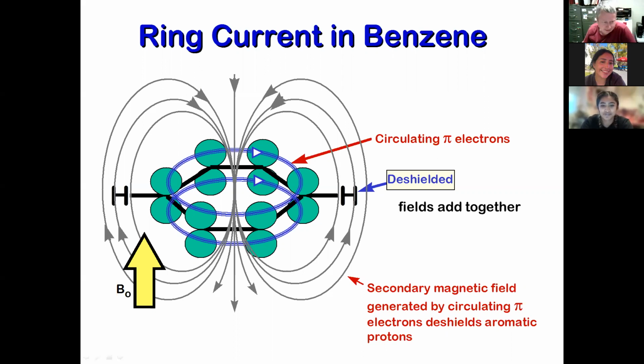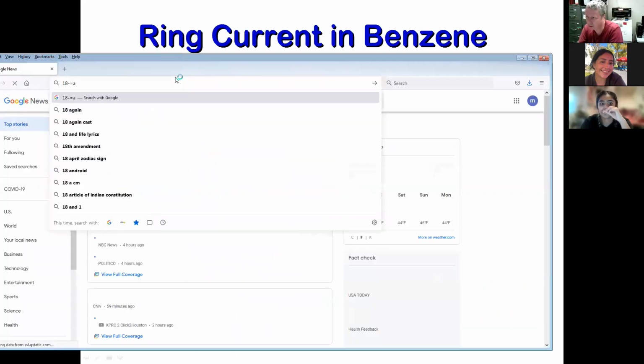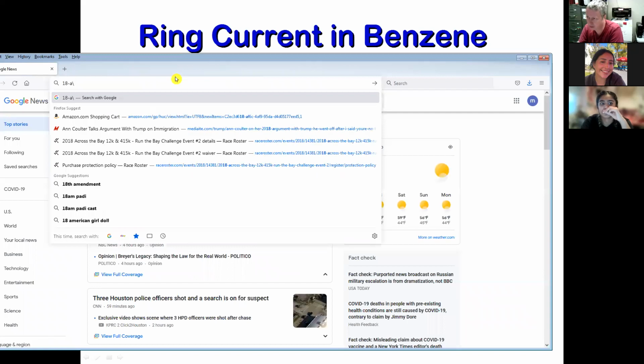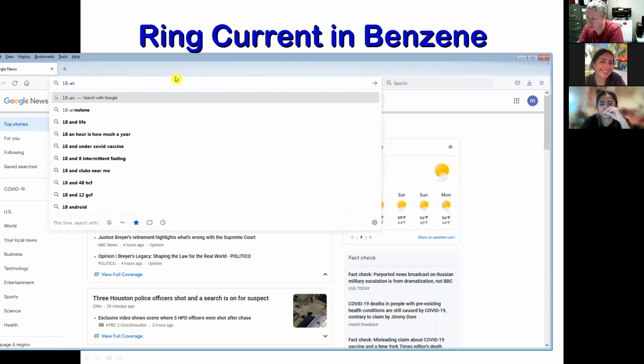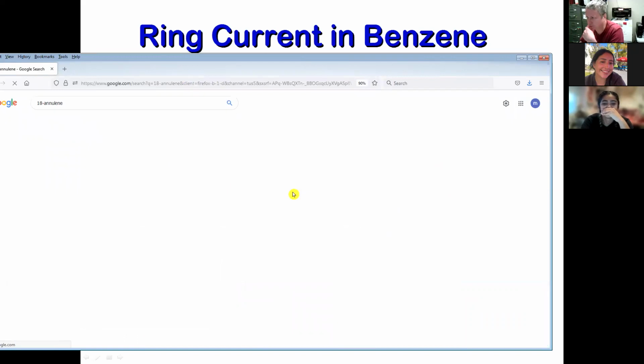I think it's called... let me see. Let me find it. Maybe I can share it. 18 annulene. I can't type. 18, and there it is. Yeah, look at this. This is a weird molecule